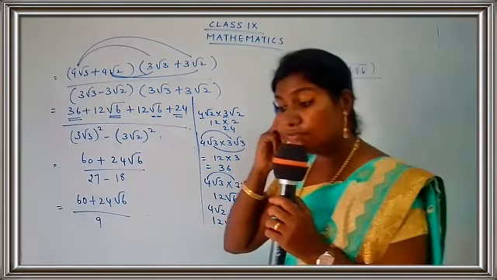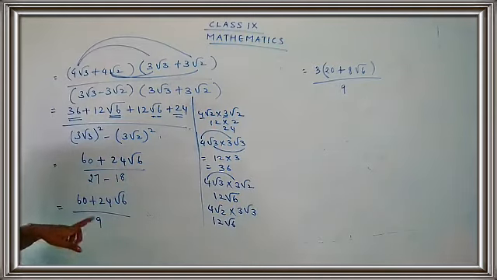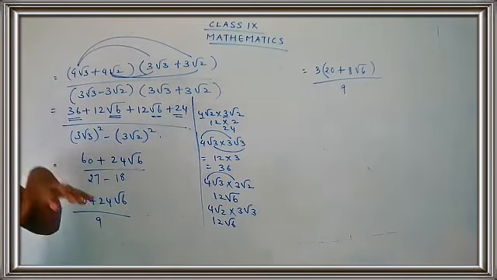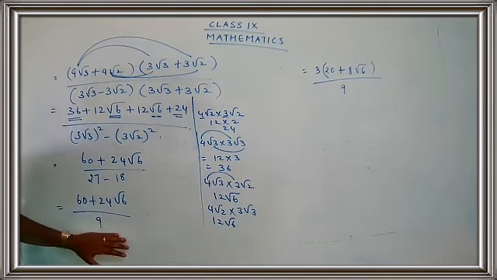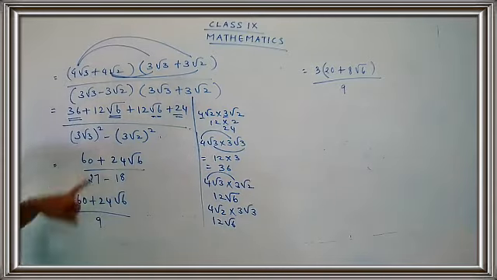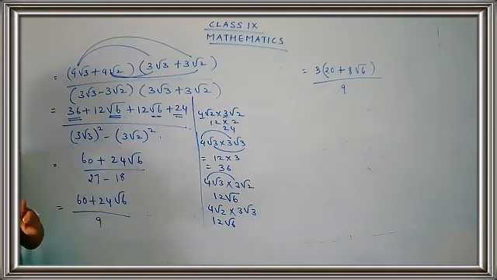So what do you get? 3 into 20 plus 8 root 6 upon 9. Are you getting the step, children? So 60 plus 24 root 6 upon 9. They have asked you to simplify, so try to reduce to the lowest term. You cannot stop the answer over here because it can be further simplified. So 3 is taken common. What is left there? 20 plus 3 8s are 24. Don't take 2 common from here. You cannot take anything common from here. So root 6 will be kept as root 6 alone.